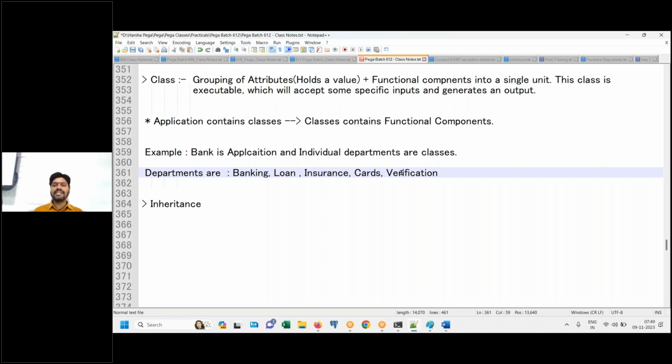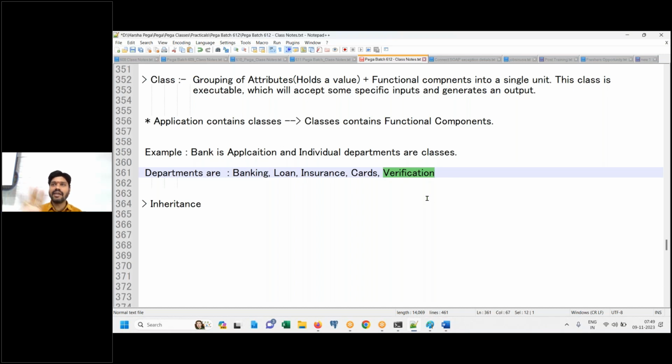See, it doesn't start any transaction on its own. All these departments will start initiating transactions by themselves. The banking department will initiate a transaction of new account creation, deposits, withdrawals, all that. The loan department will initiate a transaction of loans. If you want a new loan account, go to the loan department only. They will collect the documents, start initiating your transaction and process it. Similarly, insurance and cards. But the verification department by its own does not start or initiate any transaction.